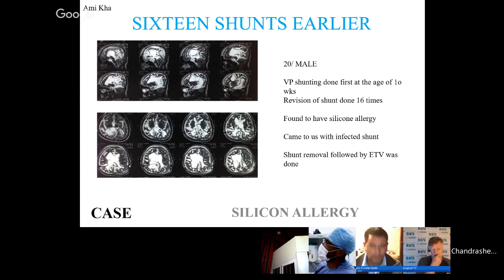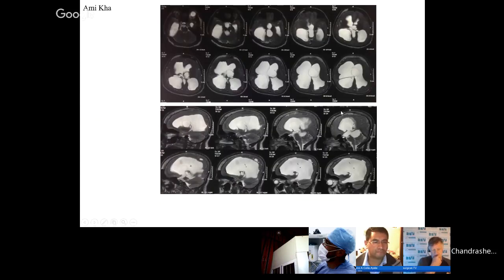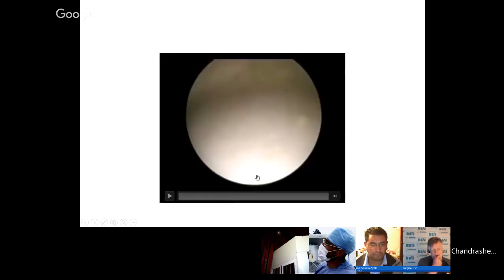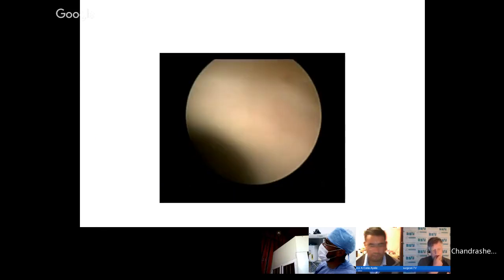because of the allergy. And his pattern of hydrocephalus seemed that he had third ventricular enlargement, lateral ventricular enlargement, a little bit of cyst in the quadrigeminal cistern, and the fourth ventricle wasn't filling up at all. And this is what you see. You are virtually blind when you are entering.